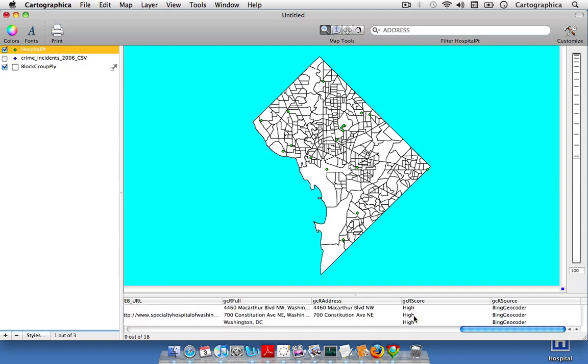So it looks like all of our points geocoded at a high score, and then it also tells us where and how we geocode the data. So you can see the Bing geocoder. And then I'm going to show you the last step, which is geocoding using a more traditional method, which is geocoding